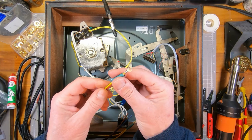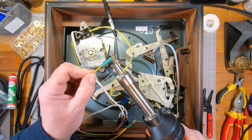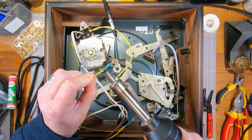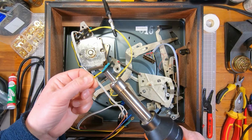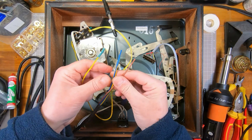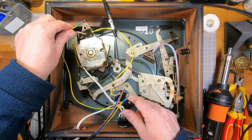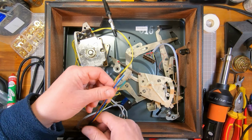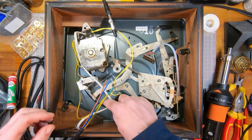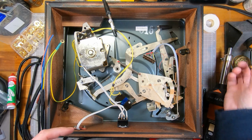Okay, then put the heat shrink on. Alright, so we've got our earth lead that's going to go there and to there, and then we just need to terminate the mains wires. So what I need to do is just unsolder this and get rid of this cable, and then we can